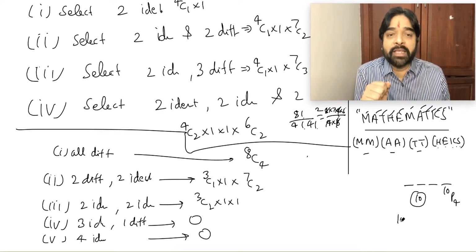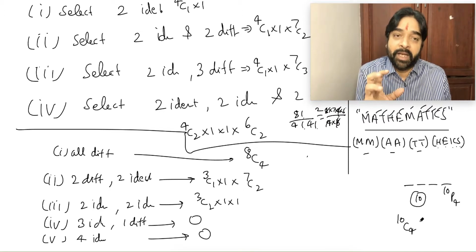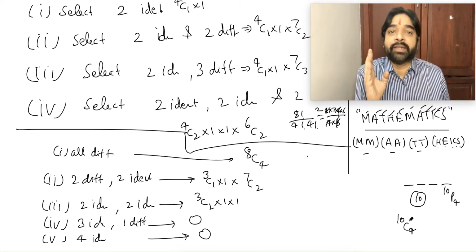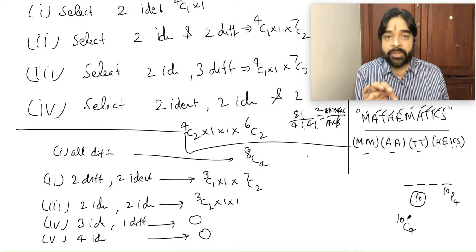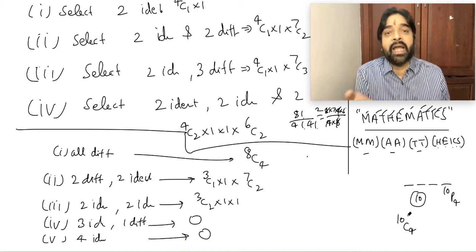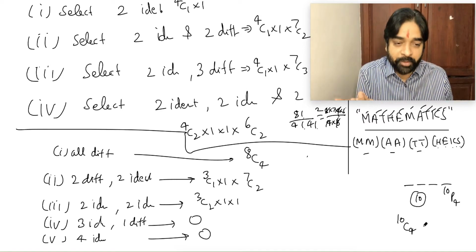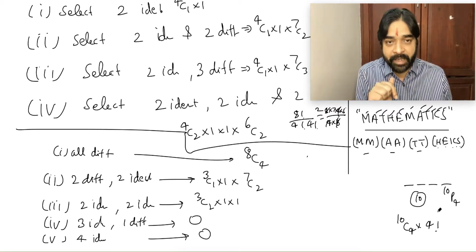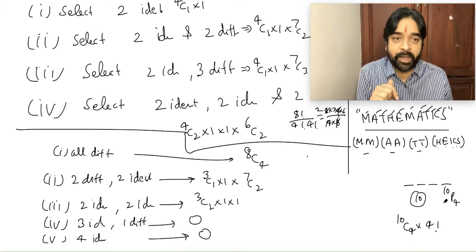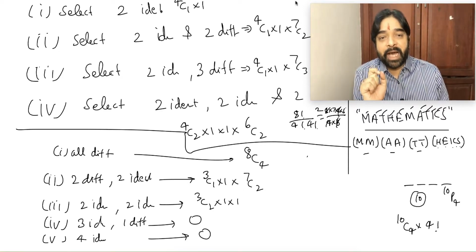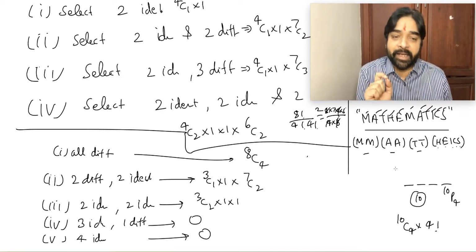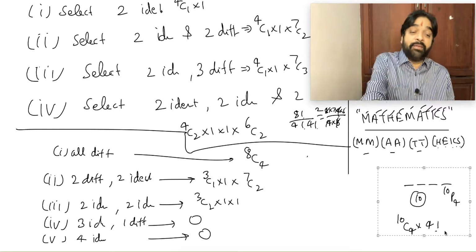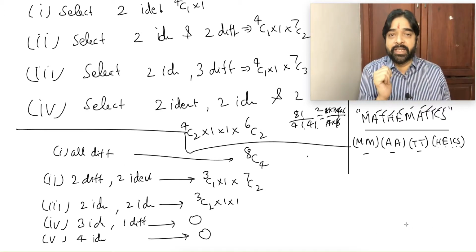In how many ways can I select 4 objects? 10C4. Now I have the 4 objects, and I have to arrange all 4 of them. So that will be 4 factorial. So 10C4 into 4 factorial. In fact, this is nothing but 10P4 only. So in every arrangement, there is a selection already involved. Basically, first we always select the object, then only we arrange it.